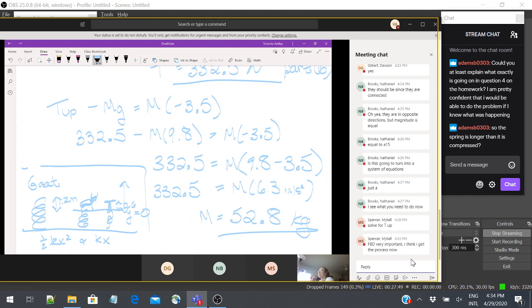So, okay, can any of y'all tell me why students don't want to draw free body diagrams? It's something that I've seen in every class, and I don't know why. It's not physically painful. It helps you solve the problem, but students never want to draw it. Tell me why. How can I convince you to draw a free body diagram? It's a mystery.